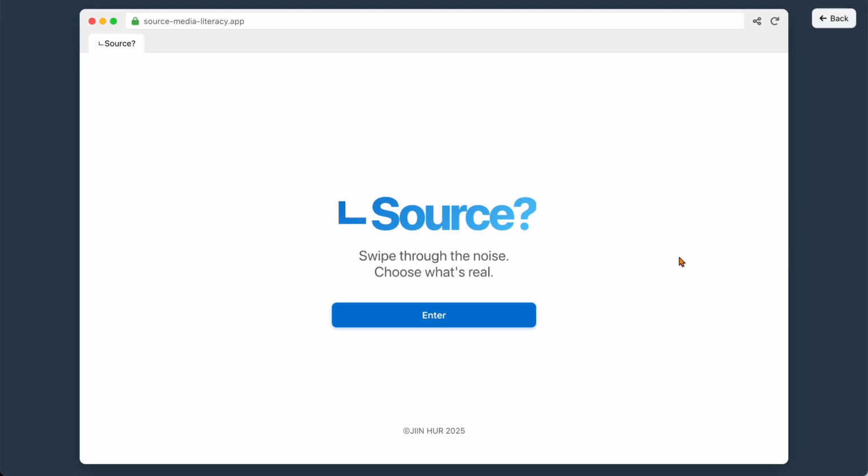So today I'm going to be sharing Source, a browser-based media literacy simulation. Before we start, media literacy isn't just about fact versus fiction anymore. Our feeds are messy, emotional, and fast-moving. And increasingly, generative AI shows up in these feeds as if they were just another news source. Students are often left trying to make sense of truth while juggling overstimulation and conflicting signals.